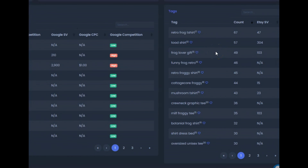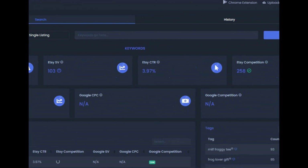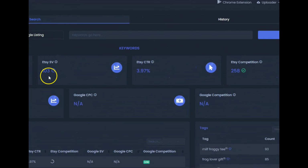If we move over to the right, we can look at some of the tags, and instead of frog, you could also consider toad. So you could go further down this rabbit hole and test out the keyword toad instead of frog. And from the tags there, I saw the keyword MILF Froggy Tea, which is basically what the shirt says, and I typed it in over here to find the search volume is 103 and the competition is only